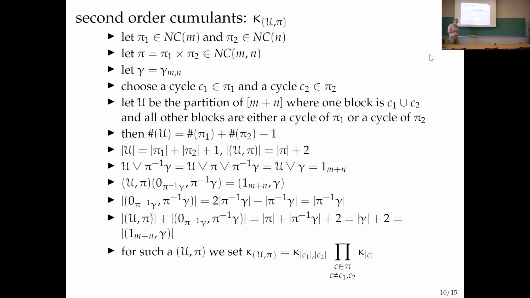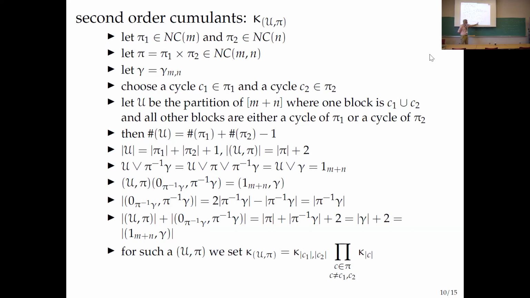Now I'm going to tell you what a second order cumulant is. So a second order free cumulant. There are no second order classical cumulants, so it's safe to say we can drop the free word now. I'm going to say it's kappa u pi. And now I'm just going to do what I did before. For each cycle of pi, I take the number of elements in that cycle, and I take the free cumulant that goes with that. But for those two things that glued together, I introduce a new number. I call it a two-variable one, where I say how many things lie on one circle and how many on the other circle.